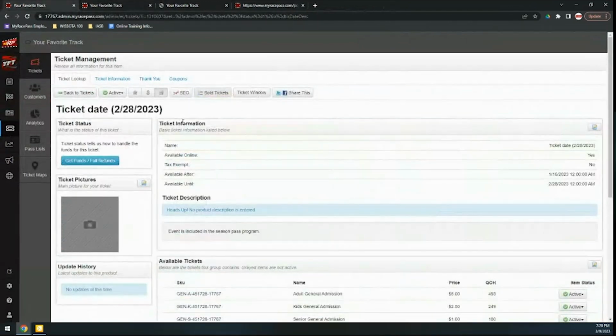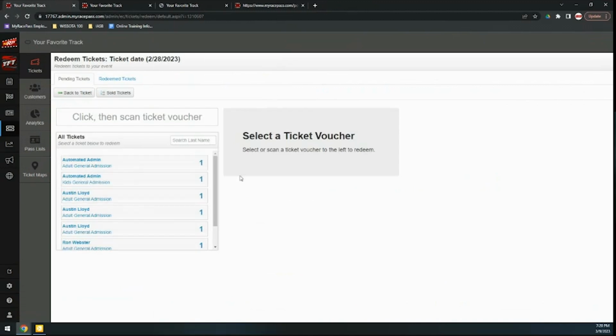So that's general admission tickets. A lot of information there, a lot of good things there. I suppose there is a couple of other things I should show you. One, ticket window. If you want to redeem your tickets through My Race Pass, you can use the ticket window